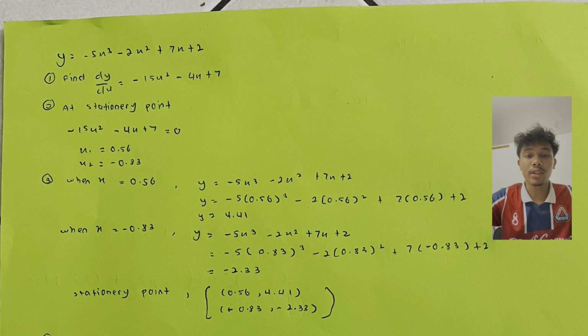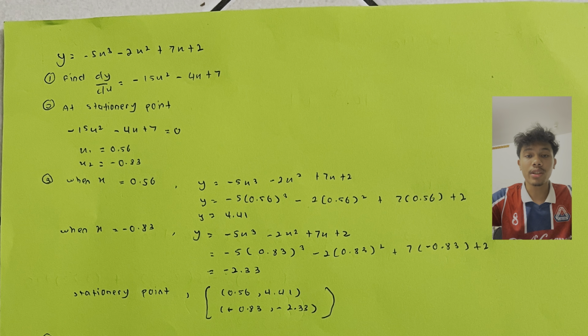When x equal to 0.56, you must enter into the equation negative 5x cubed minus 2x squared plus 7x plus 2. When you enter into the equation, you will get 4.41. That is for S1. For S2, you will get negative 0.83 and you will enter it into the equation and you will get negative 2.33. At the stationary points, you will get 0.56 and 4.41, and then you will get negative 0.83 and